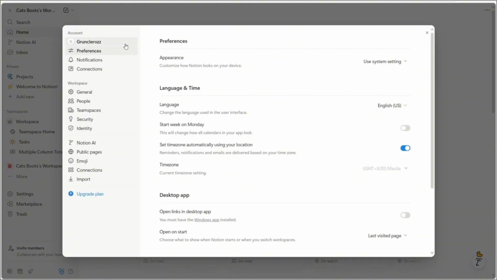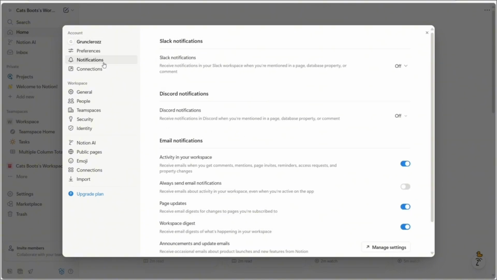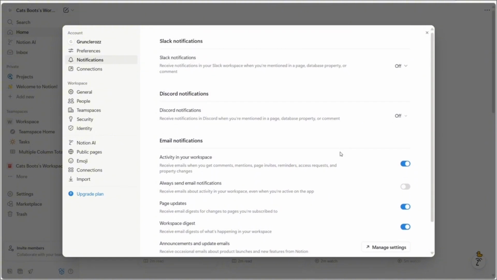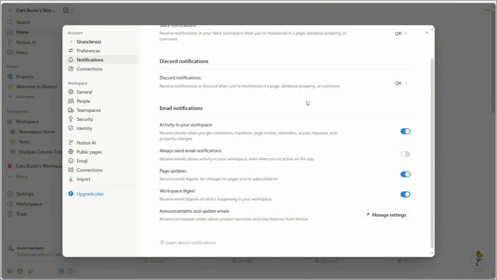And then you will see that in the account section, there is a bar for notifications. Within here, you can manage some of your notifications. If you use Slack, you can add a notification here and add a new account. If you do use Discord, you could also add an account, and be sure to turn the notification itself on and off. Within our email, the activities within our workspace, you want to keep this on or off depending on your preference,